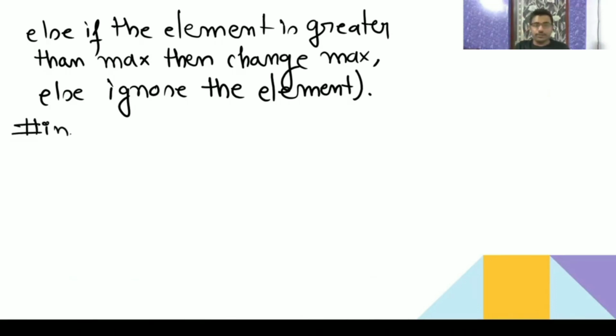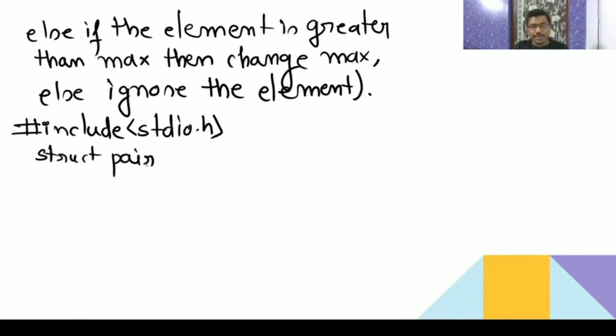To include this, the code I am writing in the header file. So I am creating one struct called pair. Why am I doing it like this? Because I need to return both values, minimum as well as maximum. Int min, int max. Because a function returns only one value, either minimum or maximum, but I want to return both the values, minimum of the array and maximum of the array. That's why I'm declaring a structure.